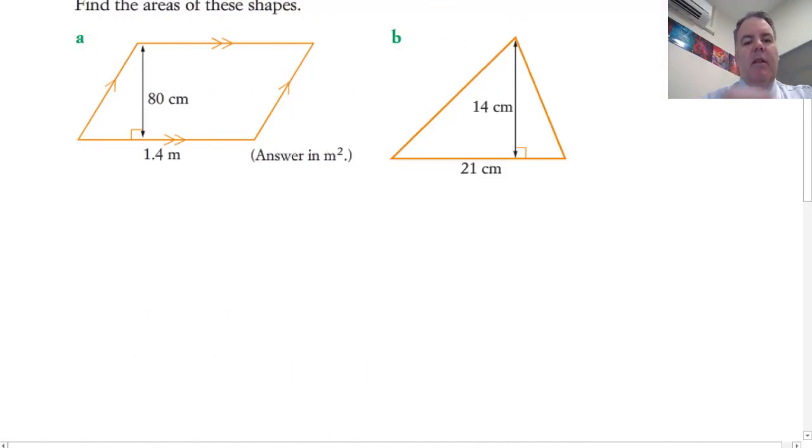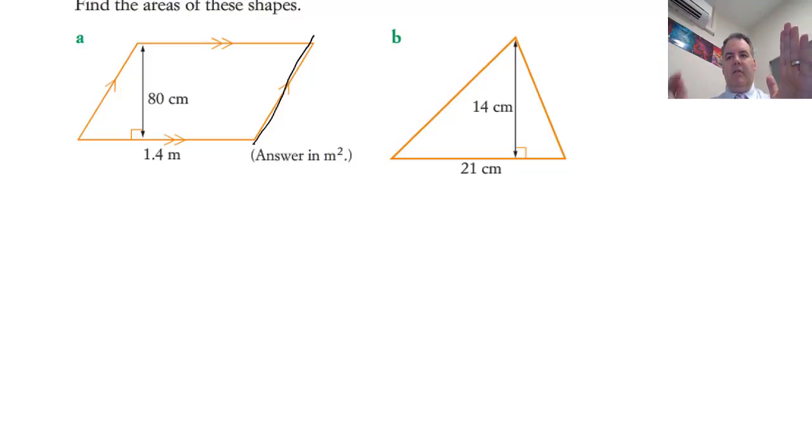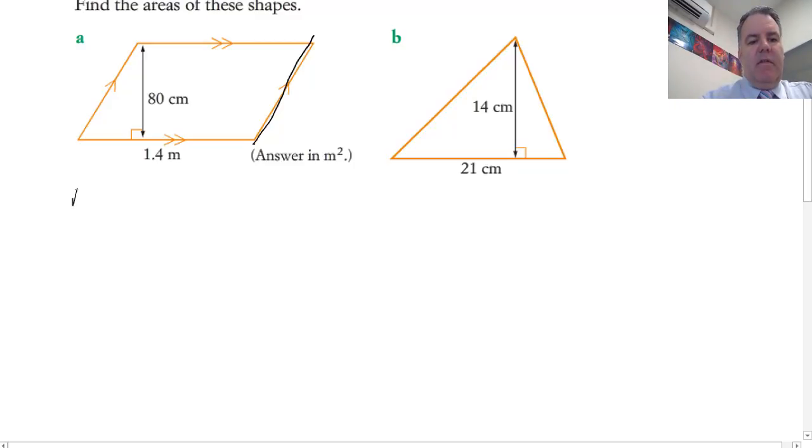Okay, first one here, we've got a parallelogram. Notice that the area of this thing here is not just the base times this length here. This is just basically a rectangle that's been tilted over. So we know the formula for a rectangle is base times height. So when we tilt this thing over, it's still the height that we're looking at. So the 80 centimeters comes into play. So the area of this thing here is just, well, I guess you could tell me what's wrong if I